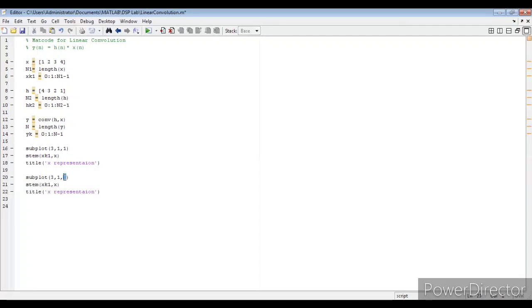I have just copied it, so you can take it as subplot 3 rows 1 column, figure 2, and here instead of x I am taking h, so it is h representation.